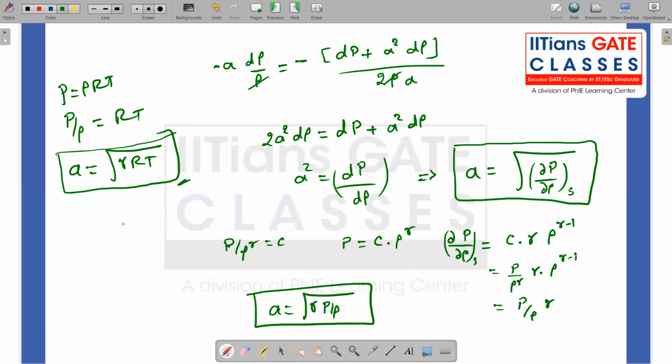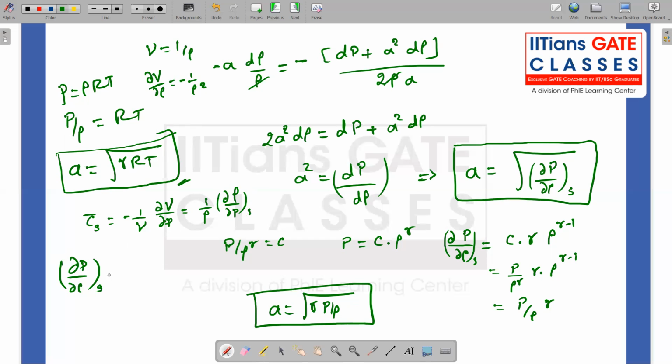And I can go on and show how it is related to compressibility, right? So I have a definition of compressibility tau in an isentropic process that is nothing but 1 by V times dou V by dou P, or I have V is equal to 1 by rho. That means dou V by dou rho is equal to minus 1 by rho square. So if I replace dou V with this expression, that becomes 1 by rho times dou rho by dou P. So this is defined for a constant entropy process. So if I replace that, dou P by dou rho at constant entropy is nothing but 1 divided by rho times